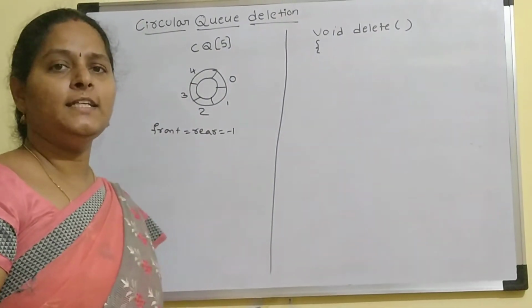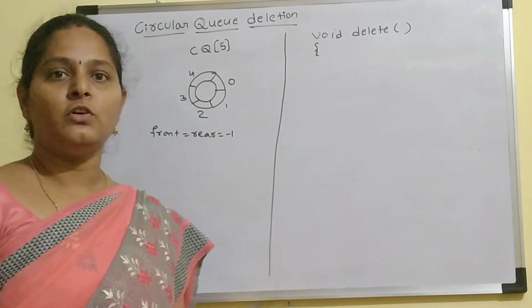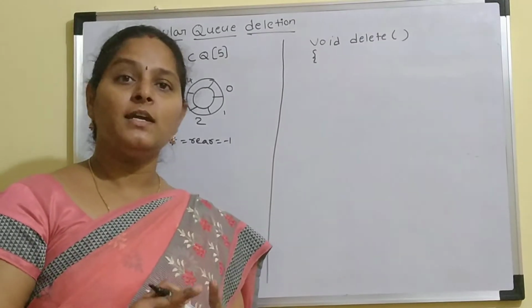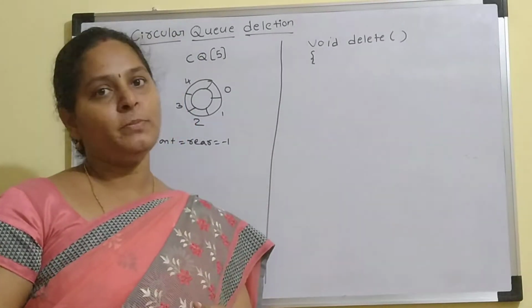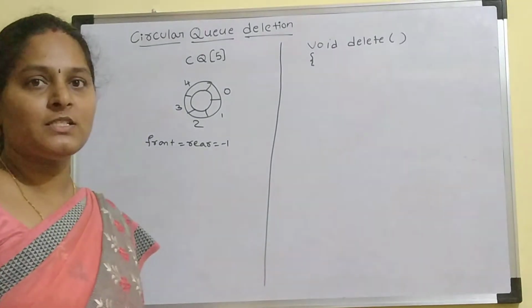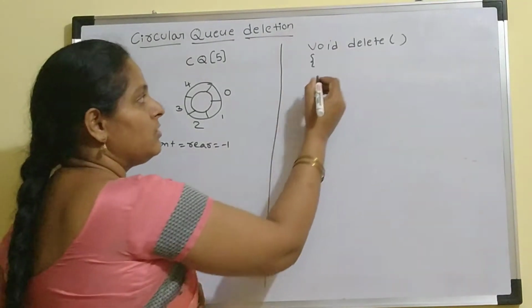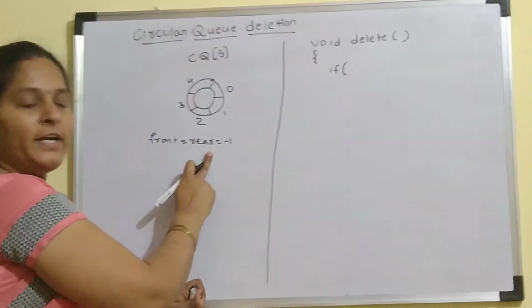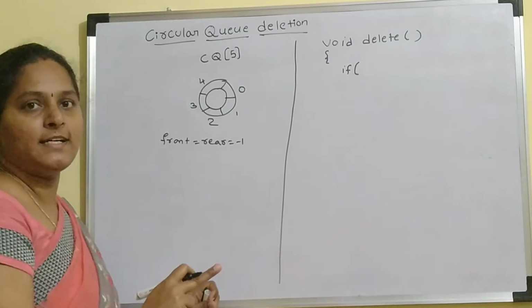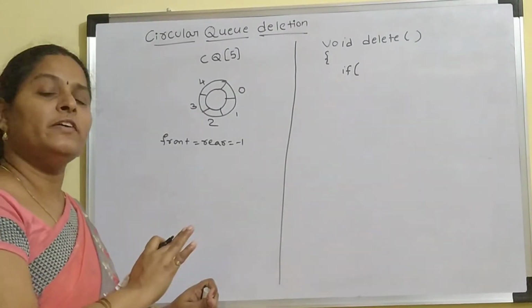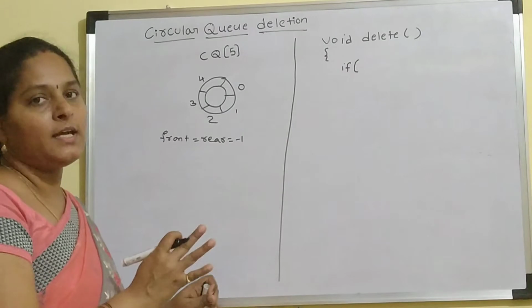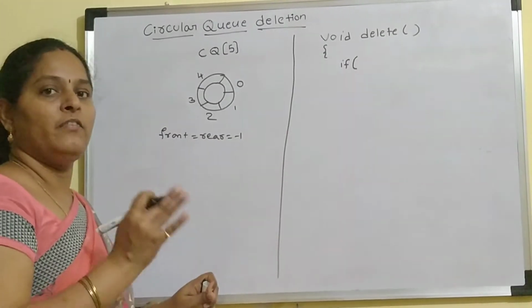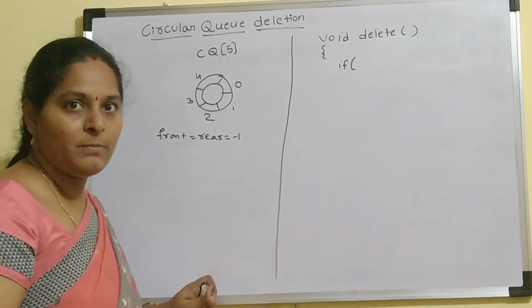If you want to delete an element from the circular queue, first of all, we need to verify whether the circular queue is empty or not. Because if the circular queue is empty, we cannot perform the deletion operation. So let us check whether the circular queue is empty. The condition is, if the front pointer and rear pointer are pointing to -1, that indicates there are no elements in the queue, so the queue is empty. The circular queue empty condition, we call the underflow condition. If it is an underflow condition, deletion is not possible.